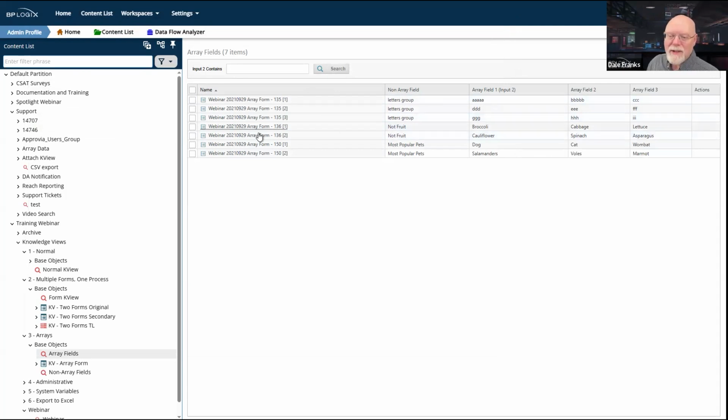So here's the second form, 136. It has 2 rows in the array, presenting me with items that are not fruit. Similarly, in this form, I've got most popular pets. So arrays are going to show up sort of wonky. Also, the way that array field searches work are a little wonky as well.